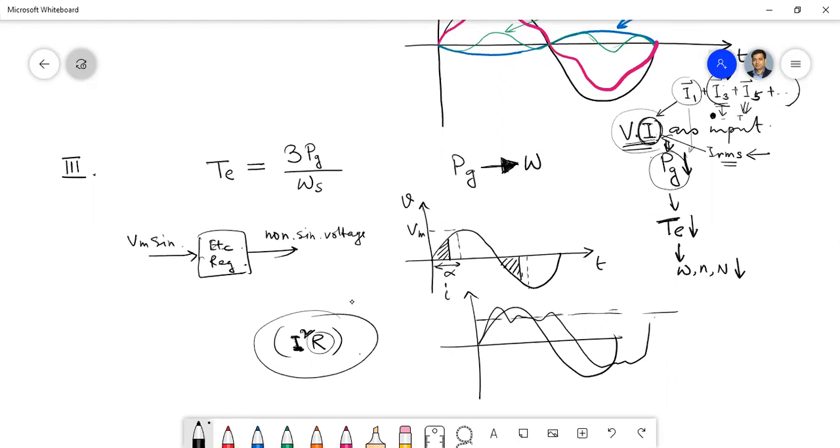So due to skin effect. Previously it was the 50 hertz component only, and you know that even for the 50 hertz component there is an elevation in the resistance value, 1.2 to 1.3 times the DC resistance. But if the current now has other components like 150 hertz, 250 hertz, third, fifth, all these components, then there will be more skin effect. So R will increase.